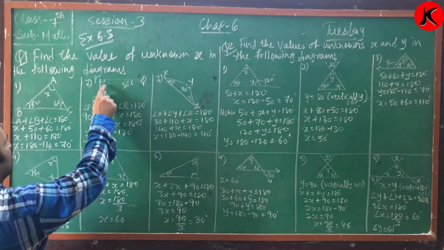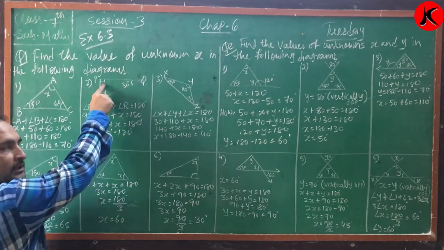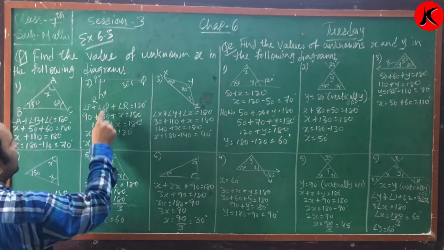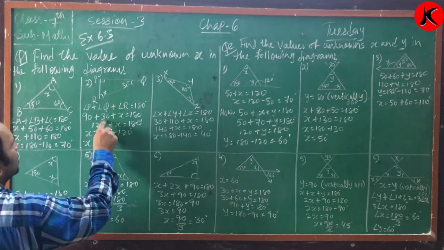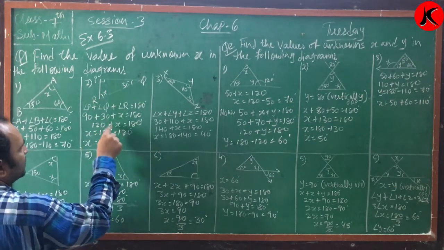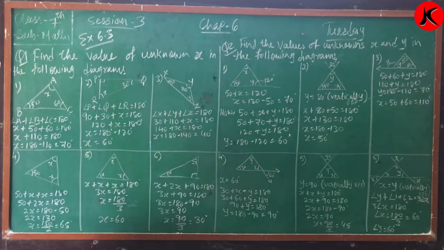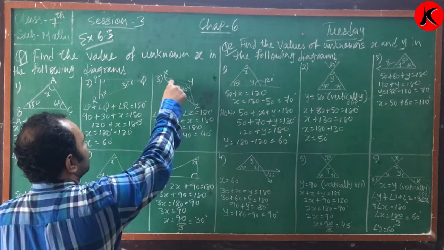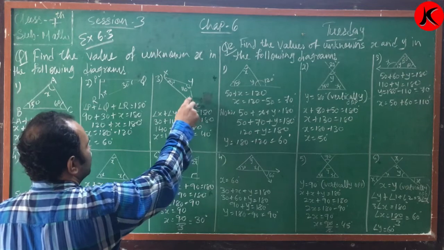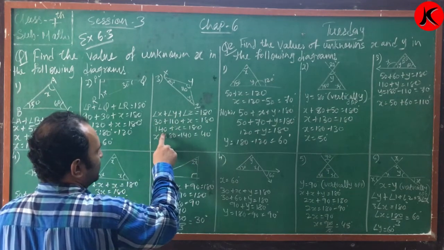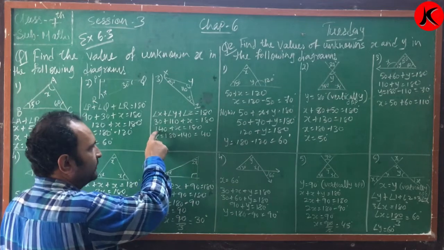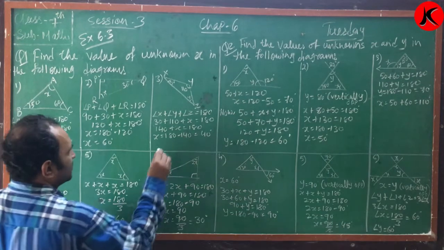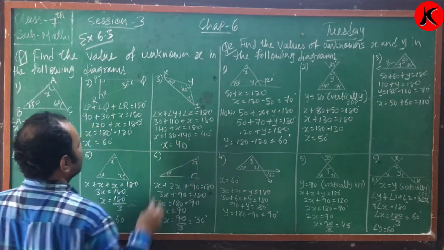Second one, triangle PQR, angle P is 90. This symbol suggests that it is a 90 degree angle. P is 90, Q is 30, R is x. 90 plus 30 is 120. Shifting it, 180 minus 120 is 60. Same way, angle X plus Y plus Z is equal to 180. Angle X is 30, Y is 110, Z is x. 30 plus 110 is 140. Shifting it, 180 minus 140 is 40 degrees. Therefore, x is equal to 40 degrees.